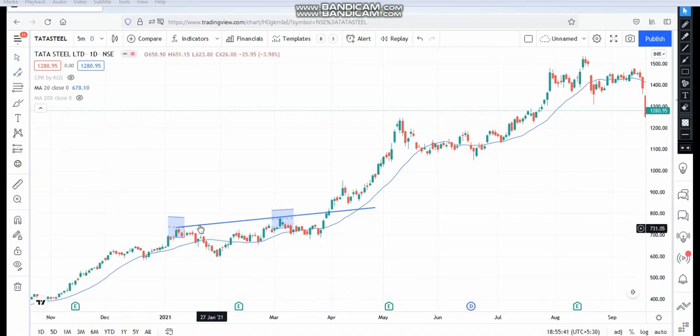Now here you can see this is a place where the market has broken the trend line. So you can enter here for long. You can buy the stock here. Here the price was 810 rupees and from here it went up to 1242 rupees. So from 800 to 1200, almost 600 rupees, the stock has moved to the upside. So this is a way of drawing a trend line.